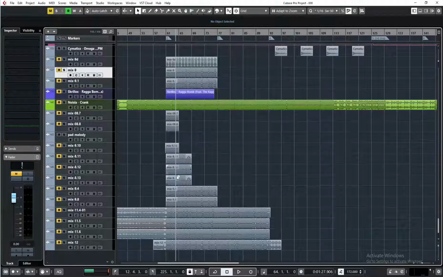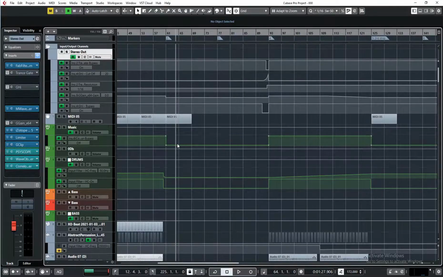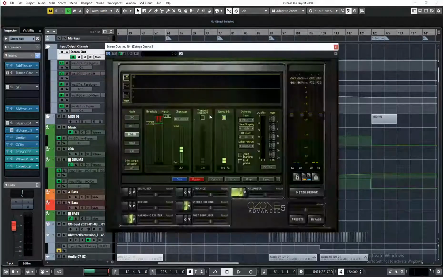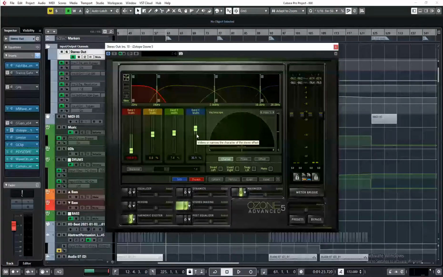Sometimes I think that my previous version was better than my current version, so I will go back and do like I did before. Also, I'm trying to use built-in plugins of Cubase, because it's really annoying to install third-party plugins and open old projects. But in this project I have some paid third-party plugins. One of them is a Toption, the old one, but it's just working like a limiter and a little bit of stereo imaging, and